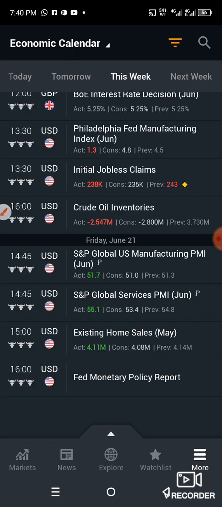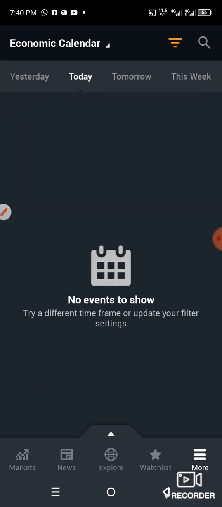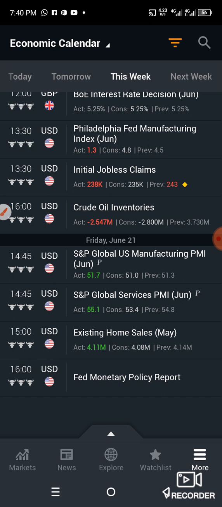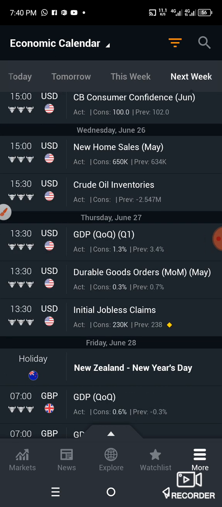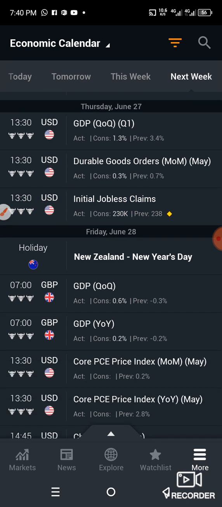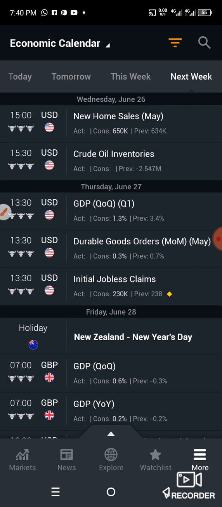Yes, this is the investing.com app. Next week's news. Let's go to next week's news. Yes, this is the news for next week. It's also applicable to this news. All those news you see here, you can also use the method to predict, where the initial jobless claims